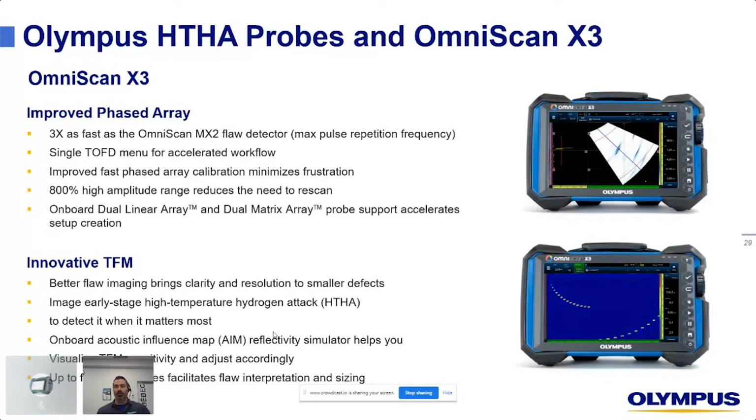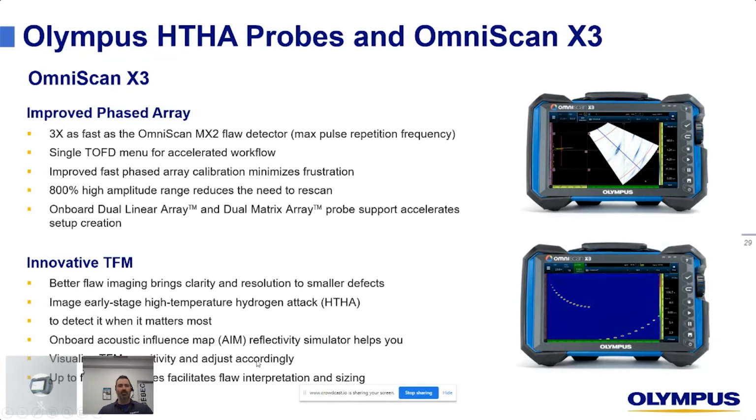One might think, okay, so I can just create my group and test it. True. But the AIM accounts for probe and wedge, material attenuation. It accounts for the type of indication, whether it's round or linear, and also the angle of those reflectors. So you would need either one major demonstration block or a huge briefcase full of them to be able to do what you can do with the AIM software.